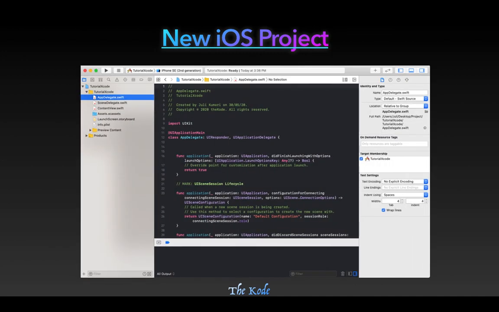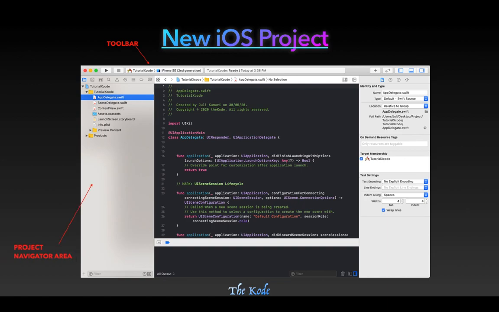So let's quickly check what all options are there in the IDE. The top section is called the toolbar, where you will get options to run your iOS project and the simulator or the device on which you want to run, plus some other information like whether your project is ready or there is any warning or error. So all those status information will also be provided under the toolbar section.